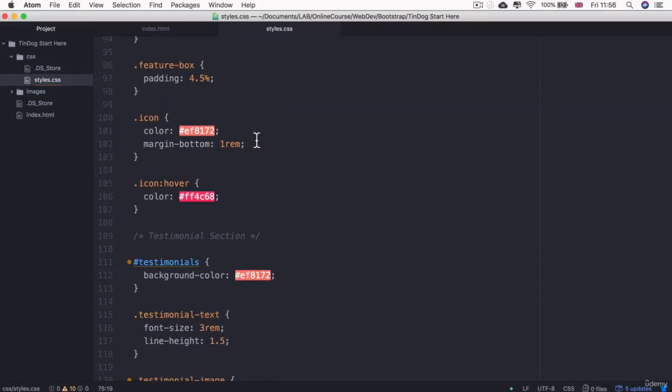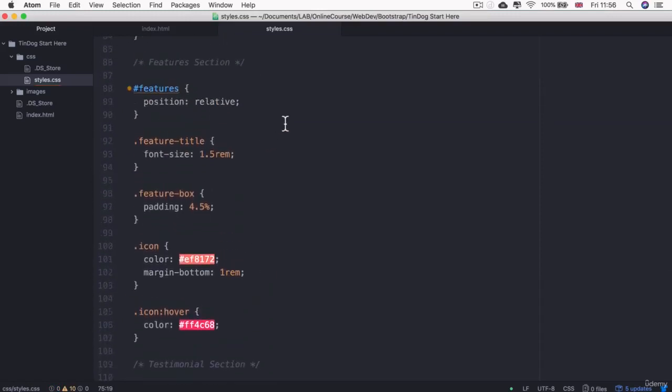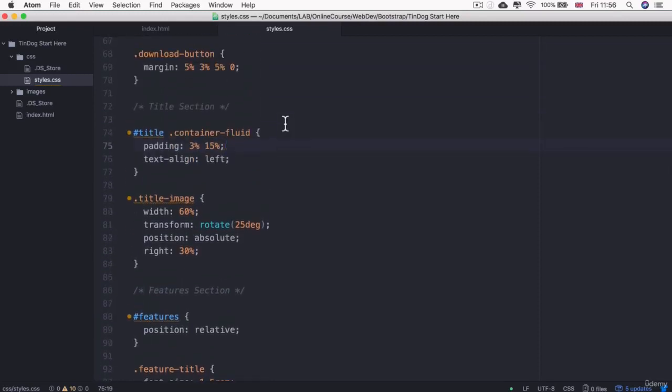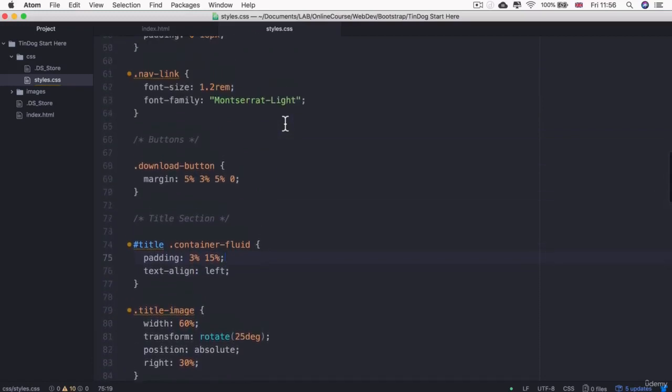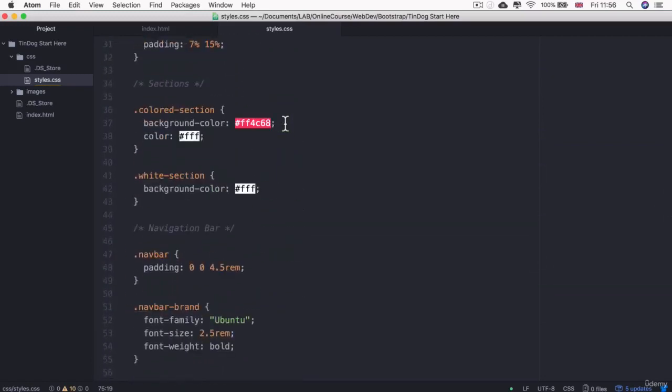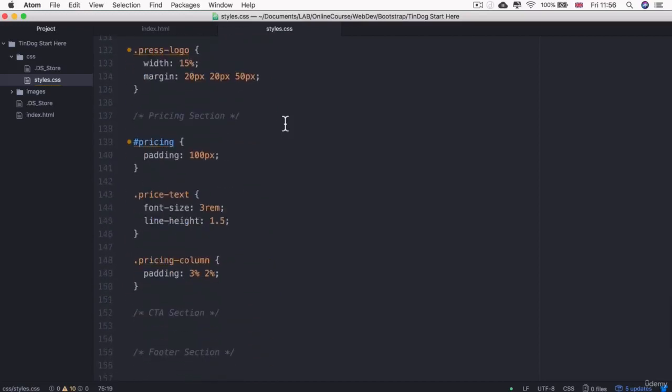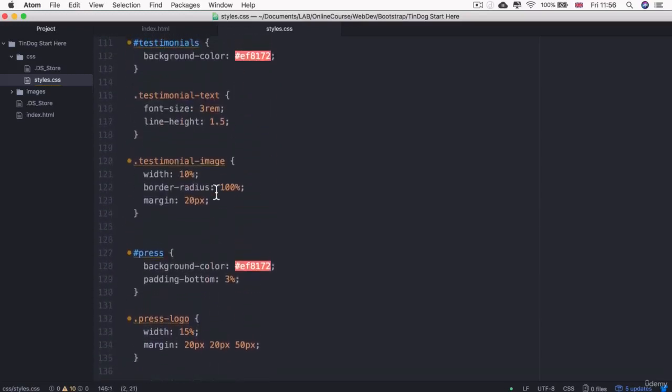So you could further refactor this, although there really is a sweet spot before you start getting rid of all your code and trying to mush it all together into a single giant class, which doesn't really work either. So just because something repeats itself isn't itself a good enough reason for you to try and get rid of it. So even though we have, for example, the price text that has a font size of 3 rem and line height of 1.5, and also the testimonial text also has the same dimensions, it's not necessarily a good